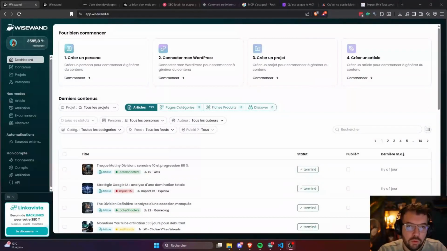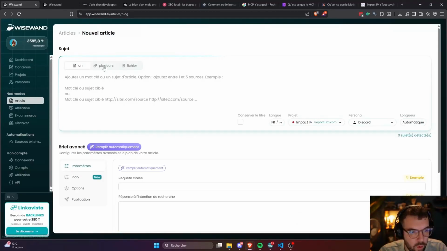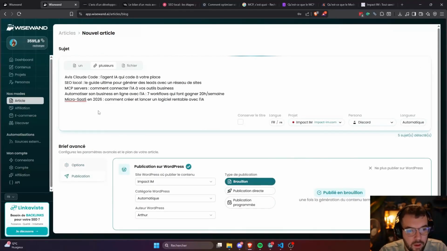I'm going to show you how to use Wisewand's bulk mode, the mode that lets you publish several articles at once on Wisewand without the hassle of doing it case by case, one article after another, which is also perfectly doable, by the way. But I'm going to show you what happens when you decide to do several at the same time. You'll simply click on articles right here, then on multiple, and I've prepared a little window for you